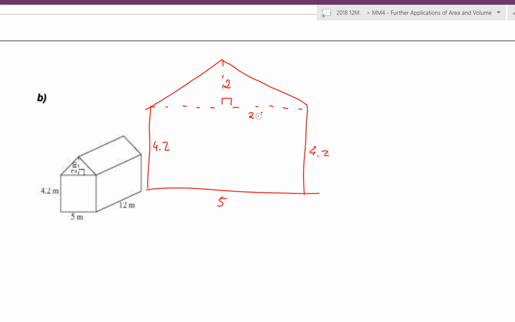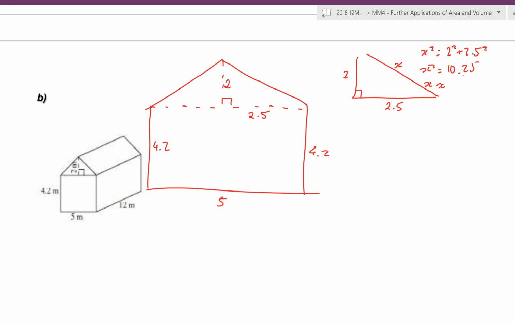Yeah, in fact, I'm going to draw another little diagram here. Now, I've got enough to work out the area there because I've got the base and the height of that triangle. The base is 5, the height is 2, but I need to know the perimeter at some stage. I need to know how long that side there is. So this is 2, that's 2.5, and this here, let's call that x. X squared equals 2 squared plus 2.5 squared. That means x squared is 10.25 and x is approximately equal to